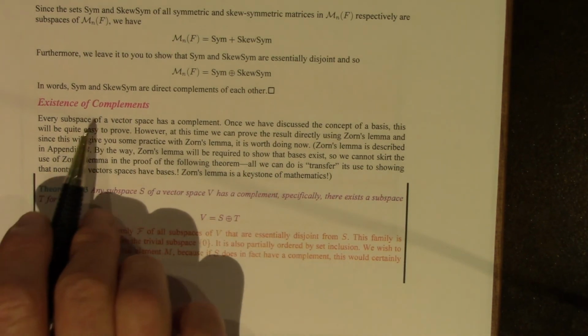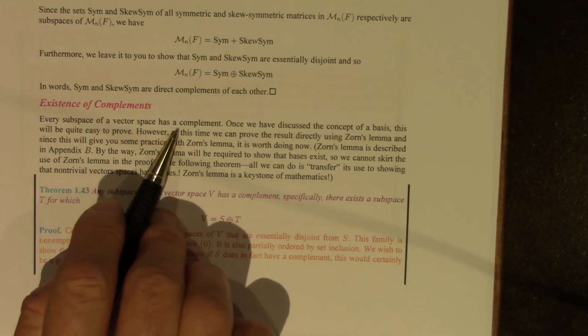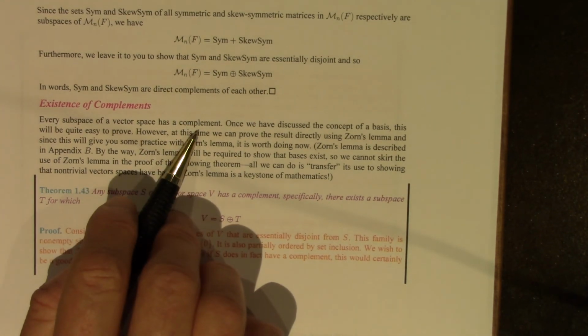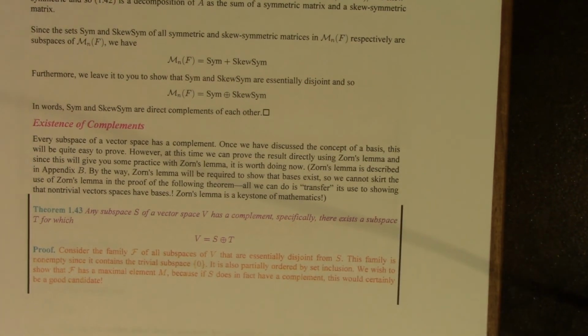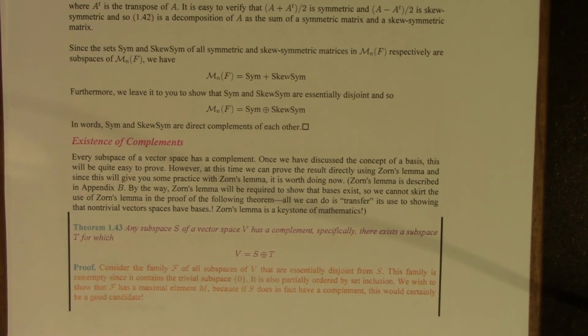It is a fact that every subspace of a vector space has a direct complement. Now, the usual proof of this fact is given after a discussion of bases, and that will simplify the proof. It actually doesn't really simplify it, it just appears to simplify it. But we haven't discussed bases yet,